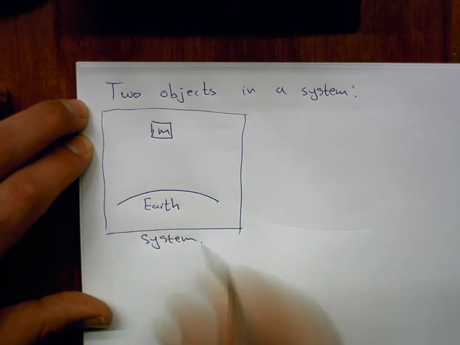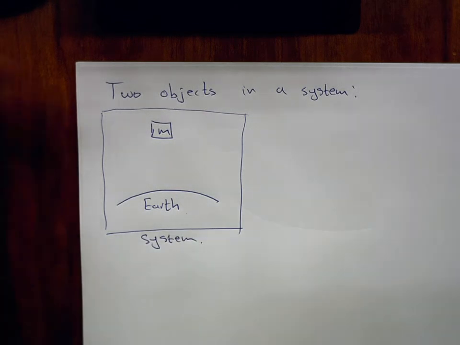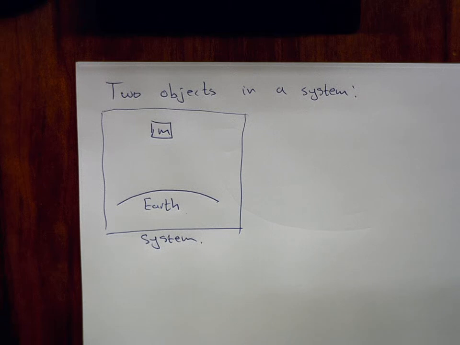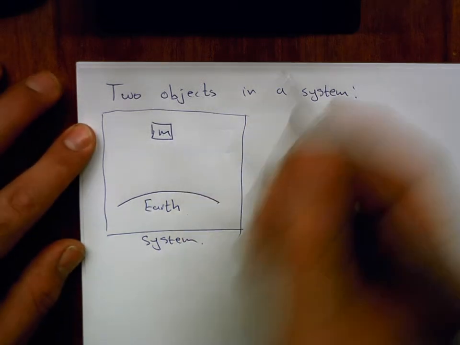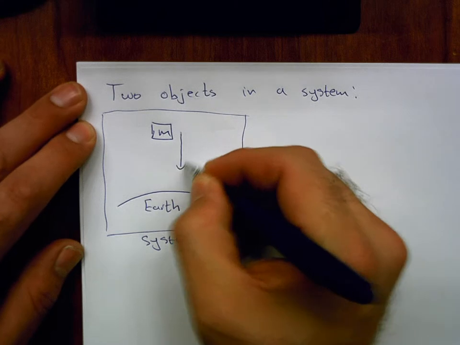So we now have two things in our system, a very large object called the Earth, and a very small object that we just call m. Now we know that there is actually a force of attraction from the Earth on this object,